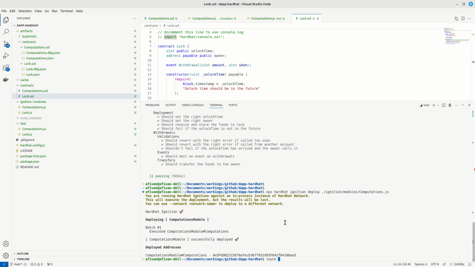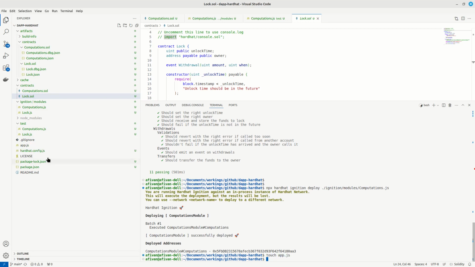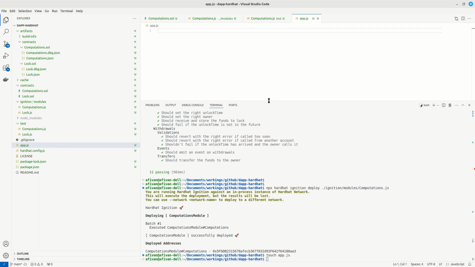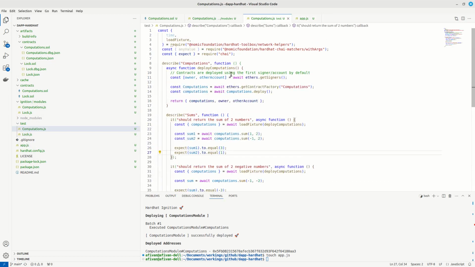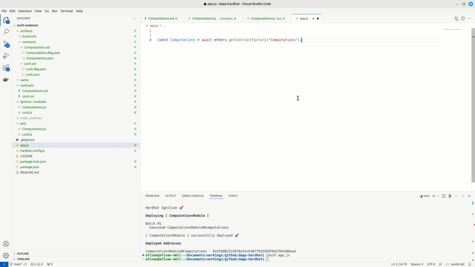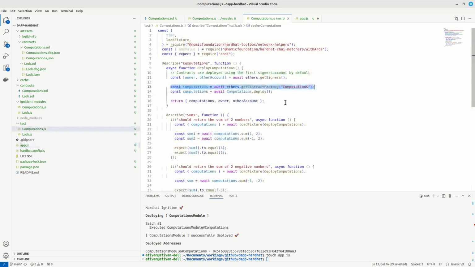Anyway, I'm going to say touch app.js, and we are going to open this one. Practically, we are going to use the code from the test part in order to get computations, get signers, get contract factory. So in our app.js, ethers get contract factory, but we are going to use